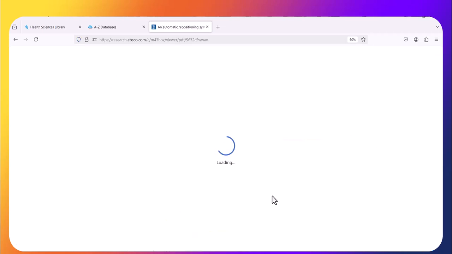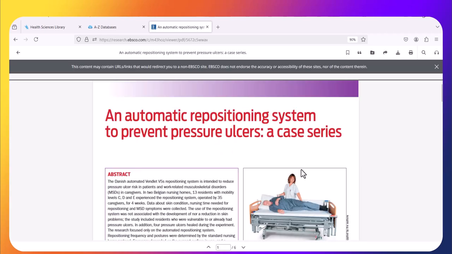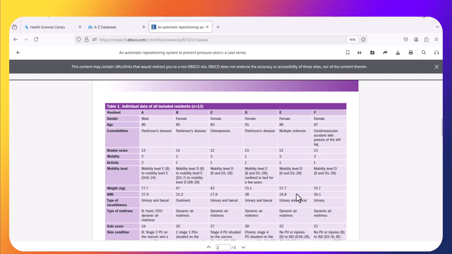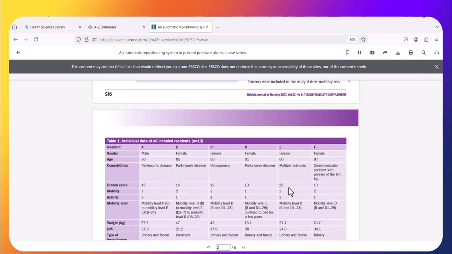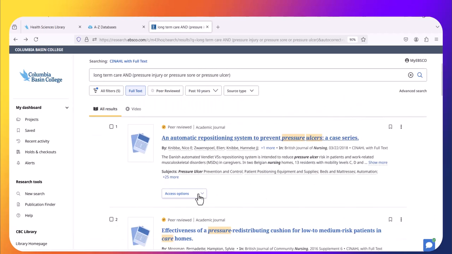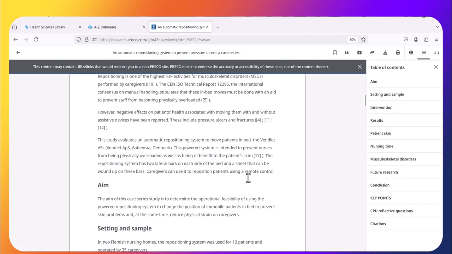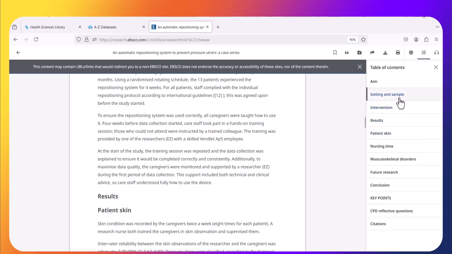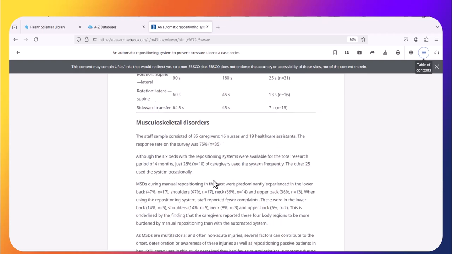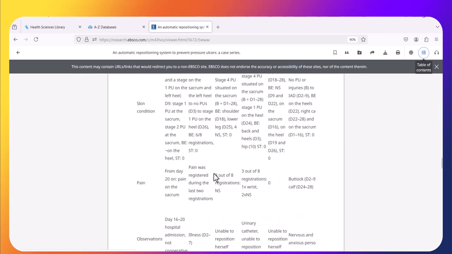Let's take a look at this PDF. As you can see, the format has the images, the colors, and tables nicely presented. I'd like to go back and compare that with online full text. As you can see, this does not include a page number, but it does have the table of contents where you can jump to different sections.